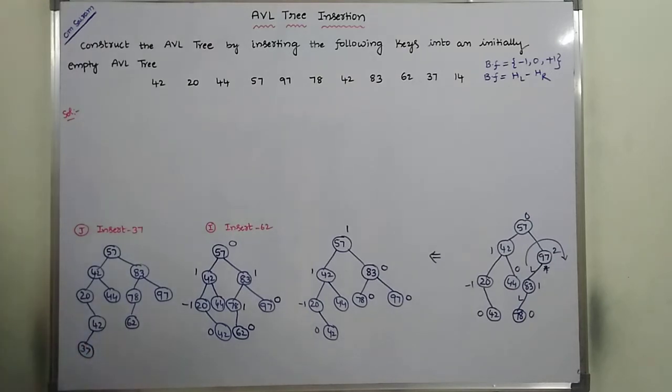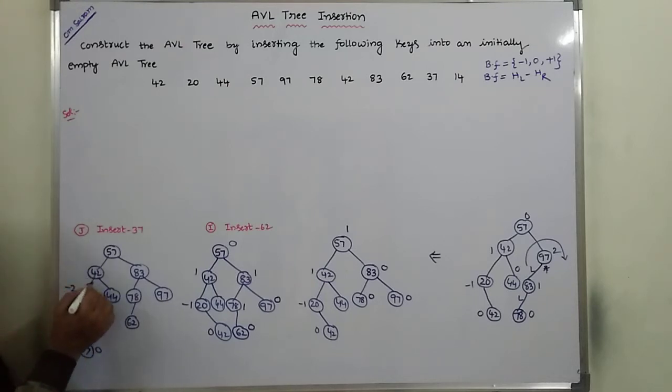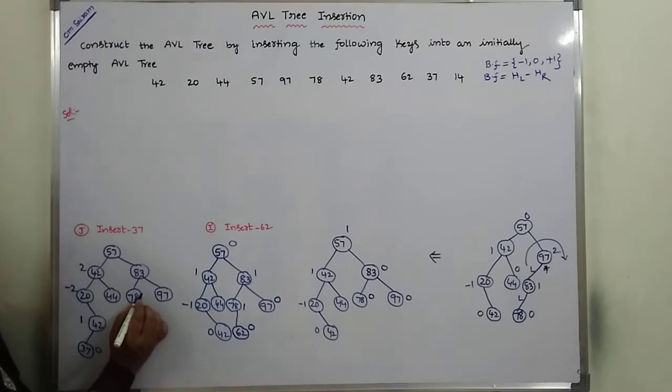37 is the left child of 42. Now calculate the balance factors. It is a leaf node, so the balance factor is 0. Here only the left subtree height is there, so 1 minus right subtree, which is empty, 1 minus 0 is 1. Here the right subtree value is 2, left subtree 0, that is 0 minus 2, minus 2. Here for 42, the left subtree value is 3, right subtree value is 1, so 3 minus 1, that is 2. Next, for this leaf node, the balance factor is 0. For this one, the left subtree height is 1, right subtree 0, so 1.